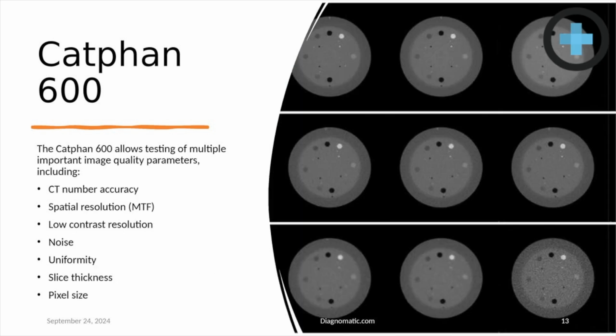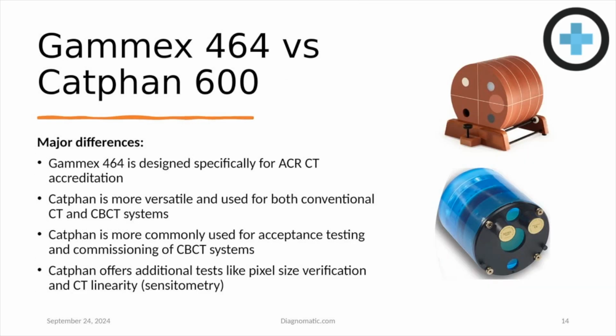So these are doing a few more. It'll do a little bit more than the Gammex. Again, checking for that CT number accuracy, spatial resolution using the modulation transfer function, low contrast resolution, noise, uniformity, slice thickness, and pixel size. So if we're looking at major differences between the 464 and the CatPhan 600, obviously the